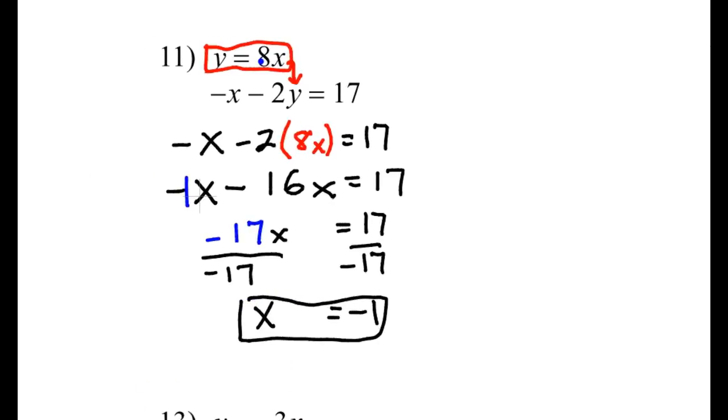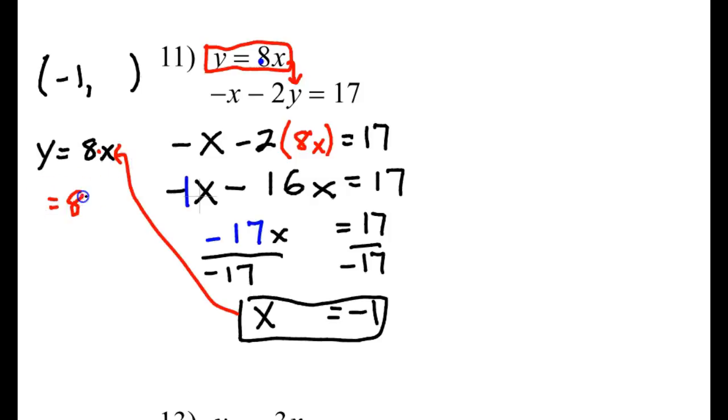Now, this is not the final answer. This is just the x. We don't know what y is technically right here. Our y is not just 8, it's 8 times this number, which we just found out to be -1. So we have to plug in 8 times -1, and our y is going to be -8. And that's the main difference